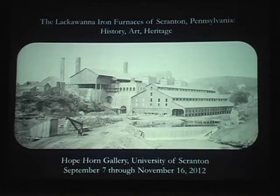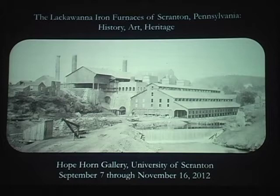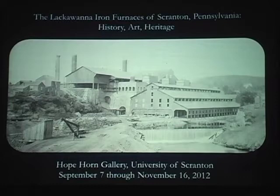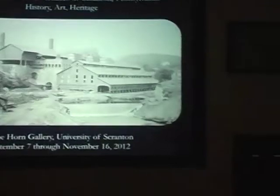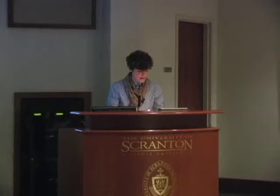The four connected stone blast furnace stacks dating from 1848 to 1857 are vestiges of the region's 19th century anthracite iron industry. Founded and fostered by a close-knit group of entrepreneurs, the Lackawanna Iron Furnaces were established in 1840 by Iron Master William Henry, developed throughout the 1850s by brothers Selden and George Scranton, and expanded during the 1860s by cousin Joseph Hand Scranton. Emerging as one of the earliest producers of T-rail in the United States, the Lackawanna Iron